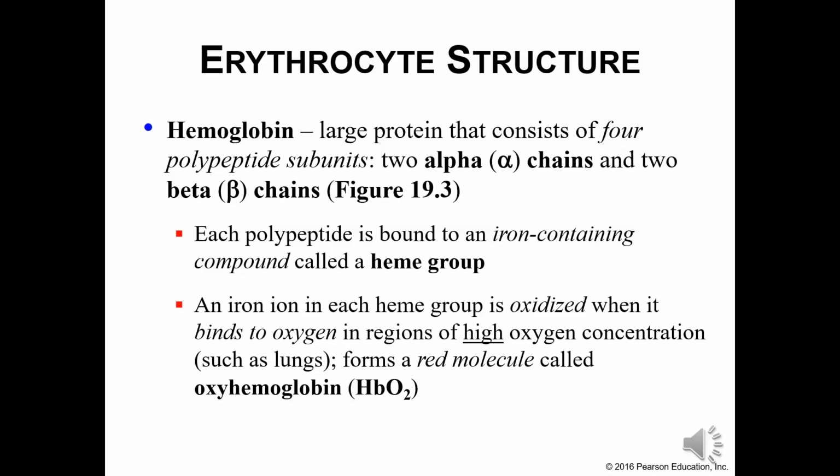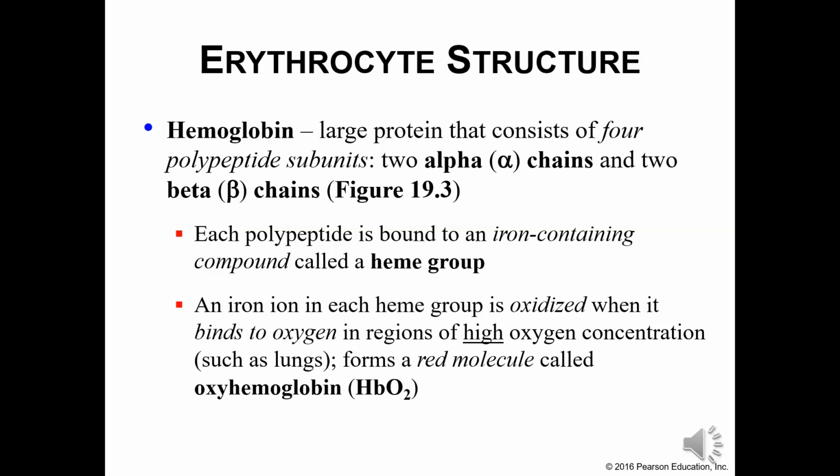So hemoglobin, let's talk a little bit about the hemoglobin molecule. It basically has 4 polypeptide subunits, 2 alpha chains and 2 beta chains. And each of these polypeptide chains will also have an iron-containing compound called a heme group. It's a heme group that's instrumental in carrying the oxygen. When that iron ion in each heme group is oxidized, it binds to the oxygen, especially in regions of high oxygen concentration like the lungs, and then it forms a red molecule referred to as oxyhemoglobin. And this is, of course, just what's carried